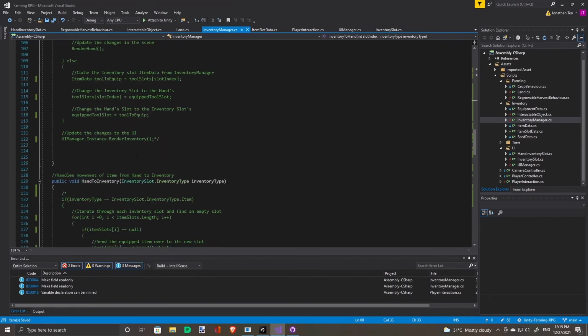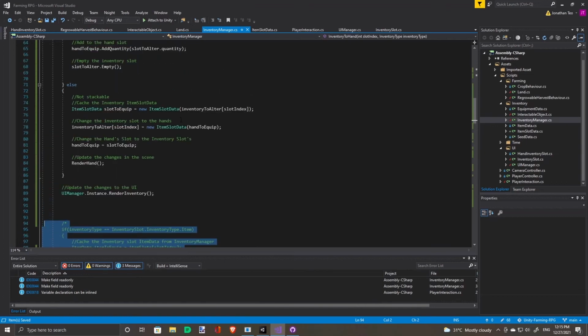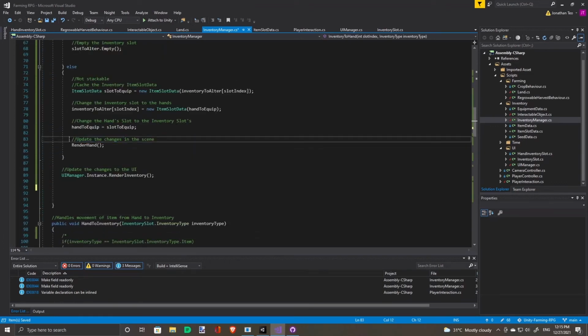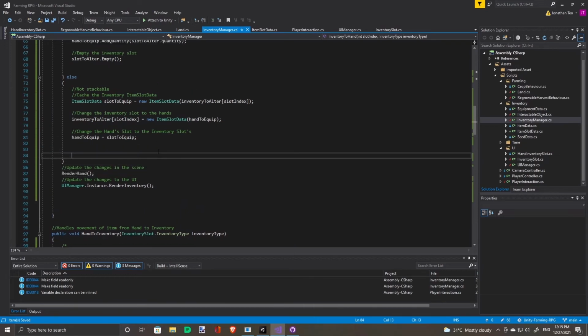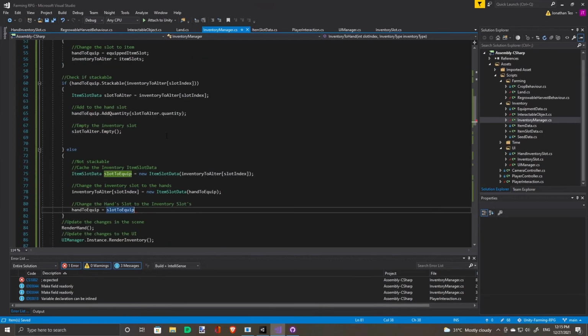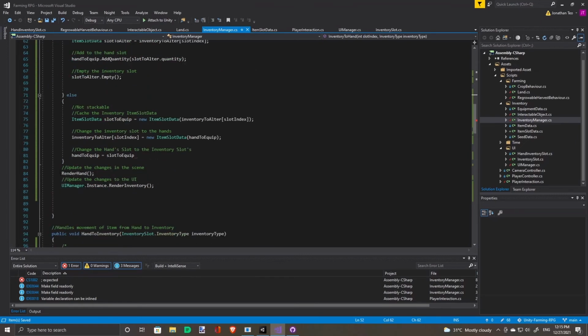We don't need any of the old code anymore, so we can delete it. We only need to call the render hand function when the inventory type is item.